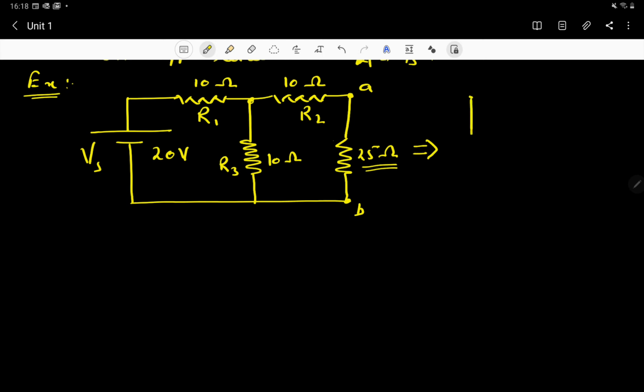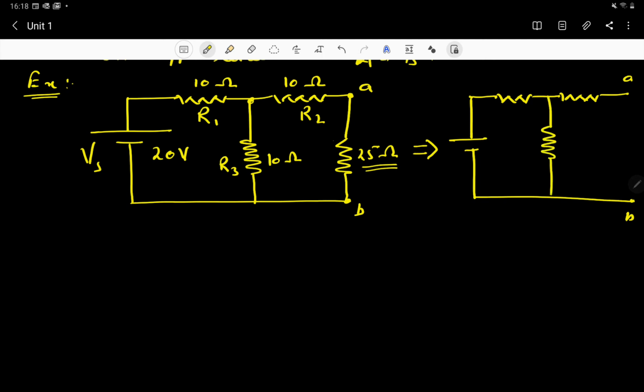All right, so this circuit will become like the voltage source is given, then your resistance must be there, then the second resistance must be there. These should be the terminals A and B. It will remain like this, A and B. It will become open circuit. All right, then this resistance was also given over there. So this is your circuit. Now 20 volts, 10 ohms, 10 ohms, 10 ohms over here.